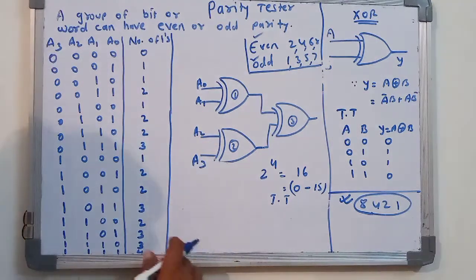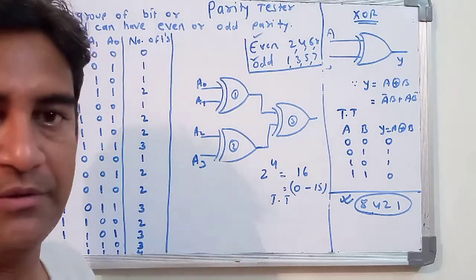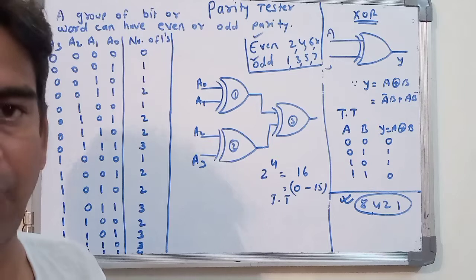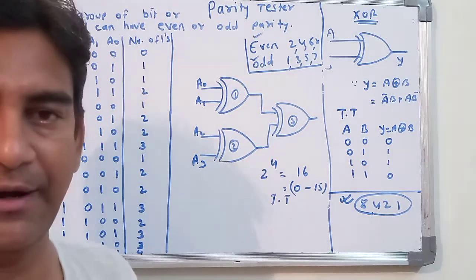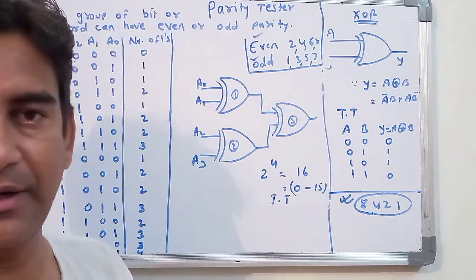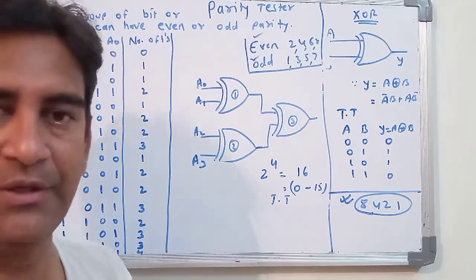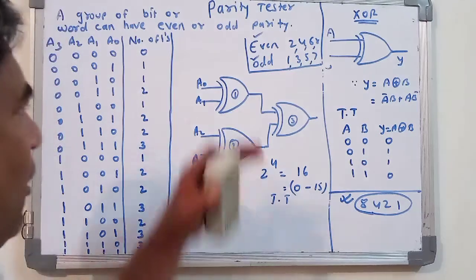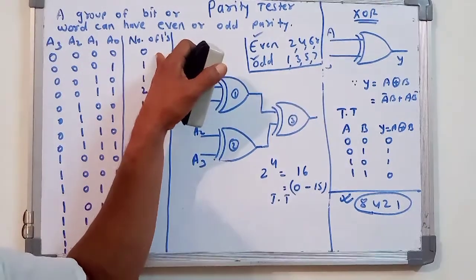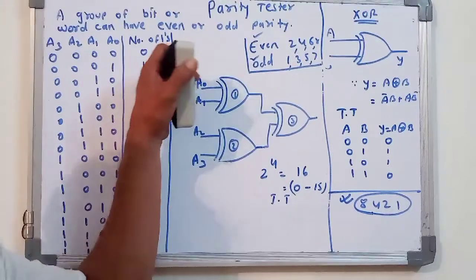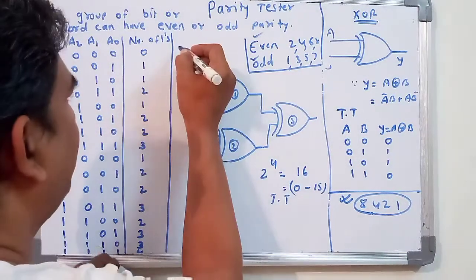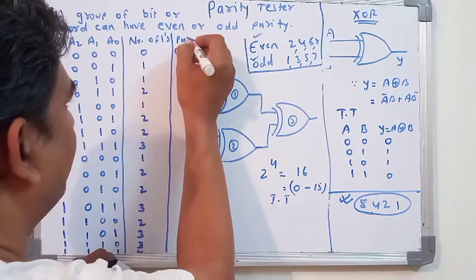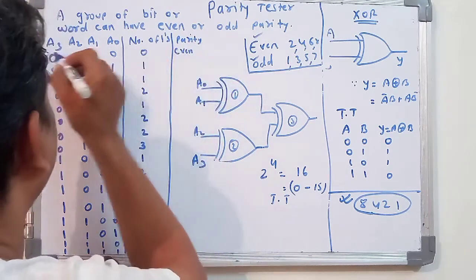Now from this particular marking of how many ones are present, you may identify the output value. Or you may directly write down which is the odd number and which is the even number. From observing this, the 0 ones is nothing but an even number. You may write down here as even. It is a parity.